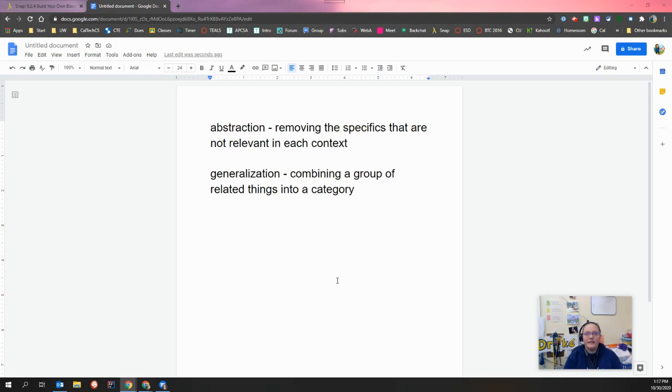Generalization is the idea that I can combine a whole bunch of stuff into one category. So like in cooking, spread means something. Spread butter on bread, spread peanut butter on bread, spread jelly on bread. They're all sort of the same thing. There's this category spread. And what we want to do today is create blocks that do this idea of abstraction